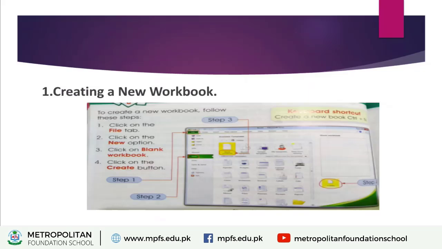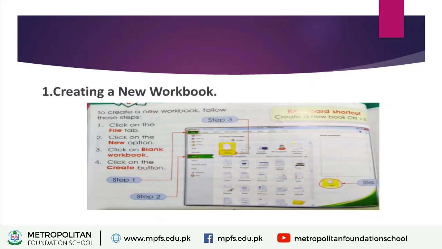Creating a new workbook. When you start MS Excel 2010 without opening an existing workbook, a new workbook containing 3 blank worksheets is displayed and ready to enter your data.